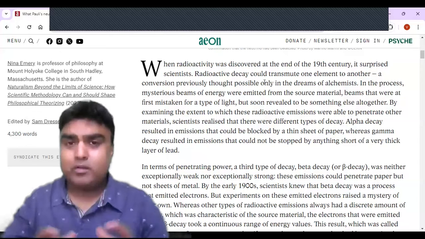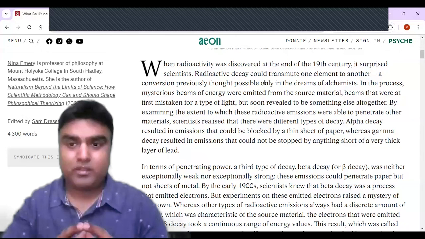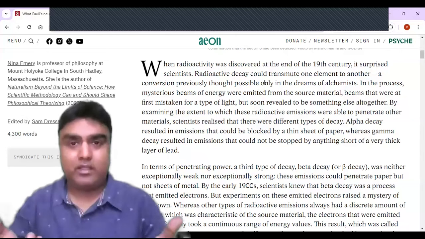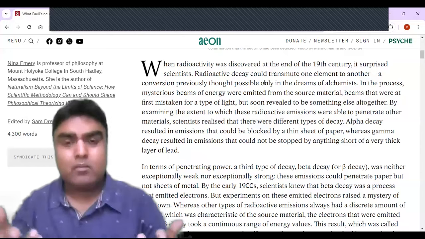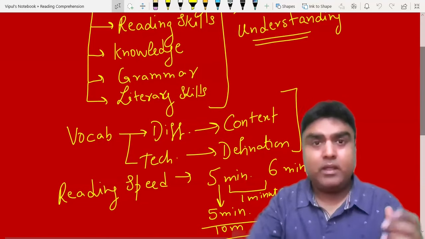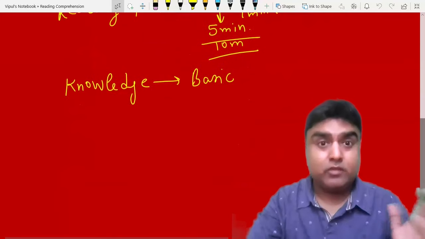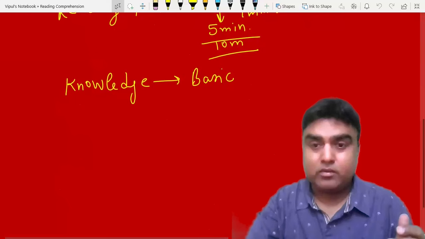But then also, are you able to get the main idea? अगर मैं आपसे main idea पूछूं, तो what is the main idea out of it? The point they are talking about is the radioactive decay, and they talked about two rays, which are the alpha and the gamma rays. So let's say if I am trying to get the main idea of the first passage. So what is the main idea of the first passage without understanding even the difficult words and any phrases even?